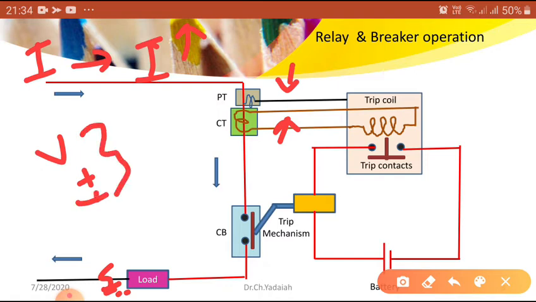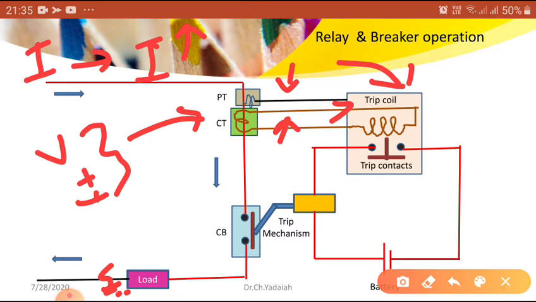This can be identified by our two intelligent fellows, the CT and PT. The same thing is given to the relay coil. Once the relay coil detects this, it will give the signal to the breaker. So what is happening here? Now this current is more than the rated current. In previous cases, the rated current was unable to pull the trip contacts upward. Now this current easily pulls the trip contacts to the upper side.